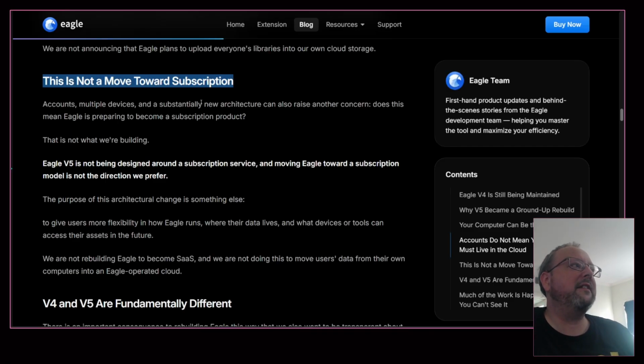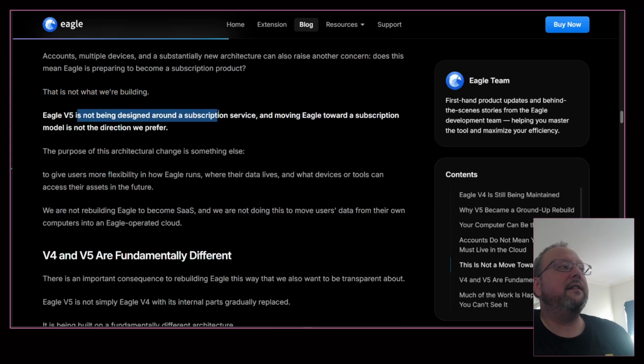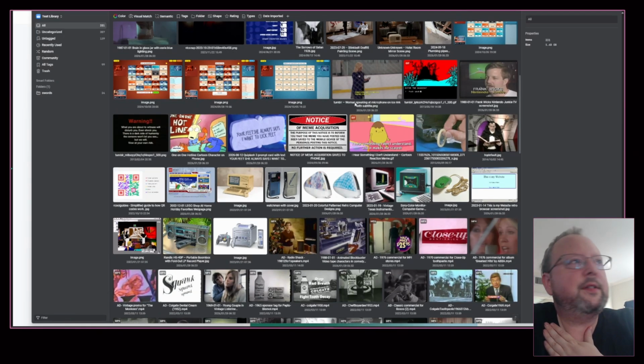Accounts, multiple devices, and a substantially new architecture can also raise another concern. Does this mean Eagle is preparing to become a subscription product? That is not what we're building. V5 is not being designed around a subscription service, and moving Eagle towards a subscription model is not the direction we prefer. Here's a little test library,